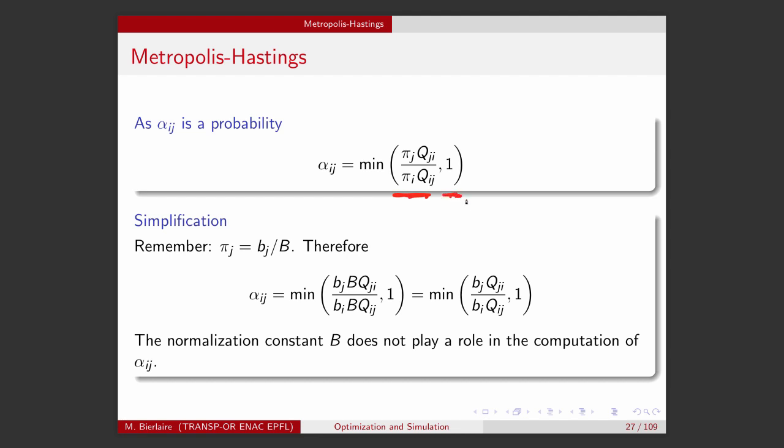And now comes the main property, the simplification. So if you remember, we have defined pi_j as the ratio between a value, b_j, and a denominator that I claimed that I was not able to calculate. But if you look at the equation for alpha, we need only the ratio of the pi's. And to obtain the ratio of the pi's, we don't need the capital B. It cancels out. So what we need to apply the algorithm is the ratio of the b's. We don't need capital B. And this is really why these methods are extremely useful in the context that we have described. This denominator is not useful.